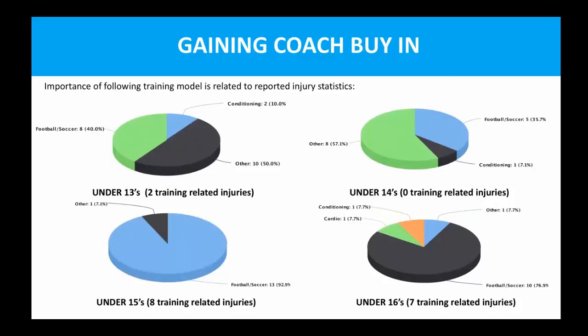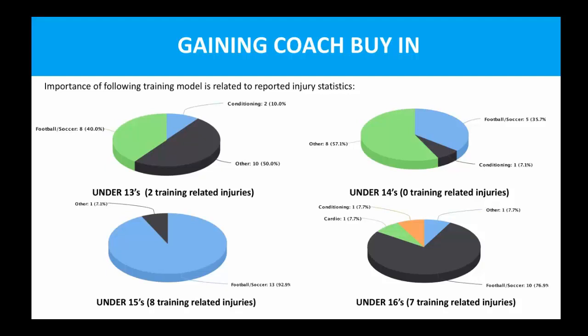So if you look at the under 13s and 14s, these two coaches were quite on board with our training models, and we strongly believe that this was reflected in their training related injuries. So as you can see here, the under 13s only had 2 reported injuries and the under 14s had none. So even though it says football and soccer injuries were sort of 8 and 5 and 10 and 13, these were being reported outside of our training, so whether it was during gameplay or any football or soccer performed outside of our Football South Coast training. So a lot of these kids do play soccer or football at school as well,